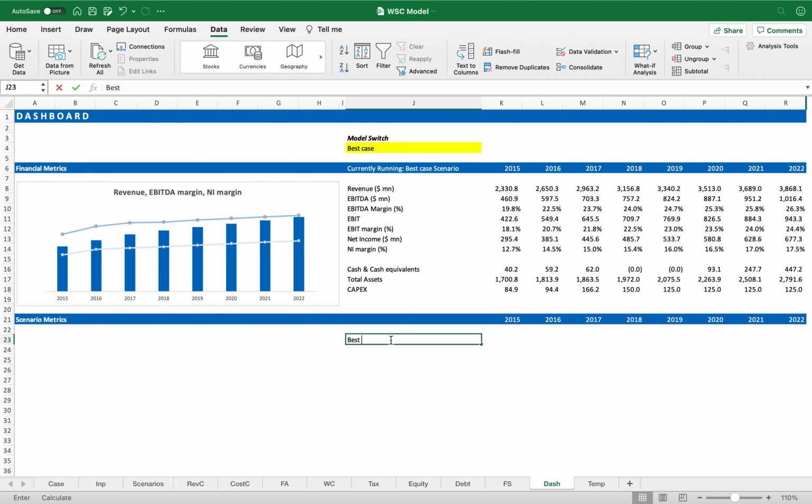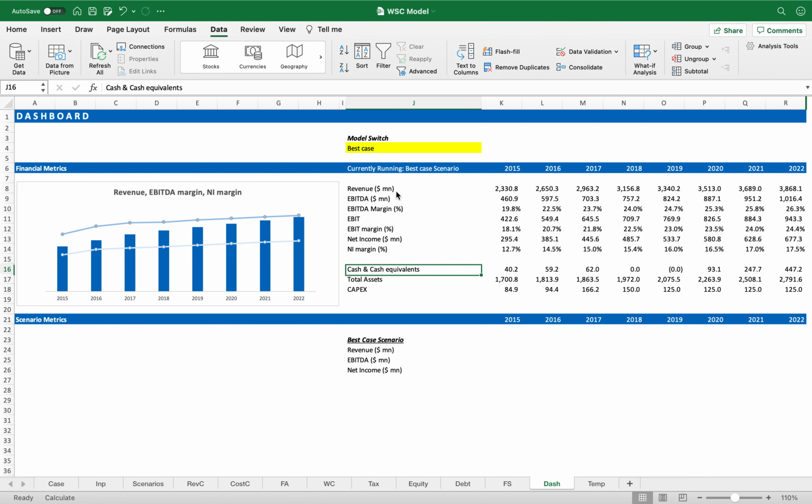Let's work on best case scenario. How do I bring in the figures? Let's say I need revenue, I need, let's say, EBITDA, and I need net income from each scenario,